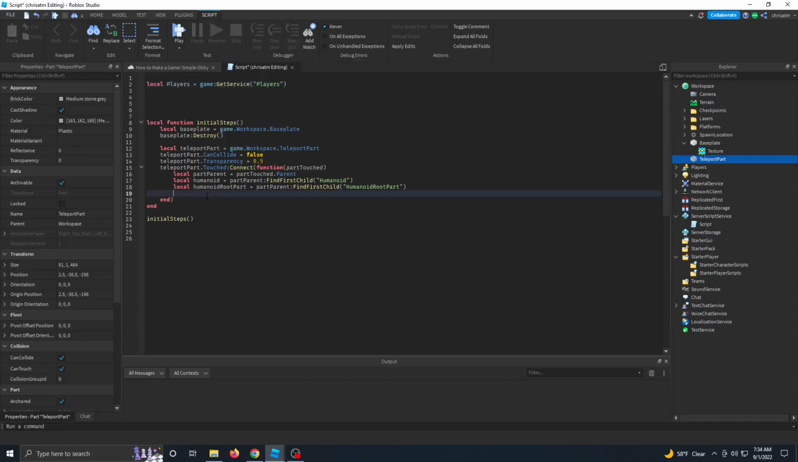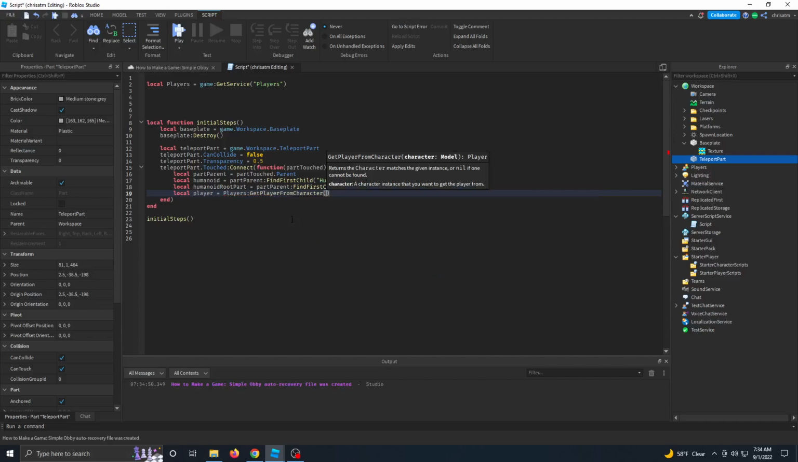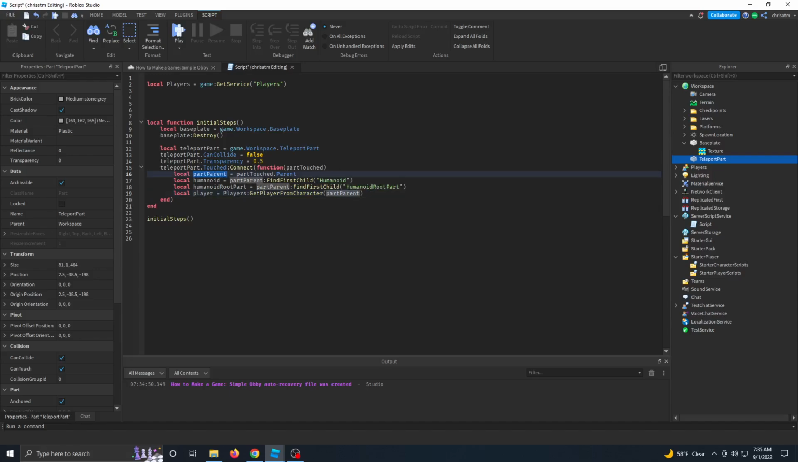This is what we're going to use in our initial steps function. So we're going to make a variable called player, and make that equal to our Players service. We're going to use a method called GetPlayerFromCharacter, and we're going to put in the partParent because that is what the character theoretically is. That's what we're checking for. And then we're going to have a conditional statement that says, if a player exists and a humanoidRootPart exists and the humanoid exists and the humanoid.Health is greater than 0, in other words, if the humanoid's not dead,